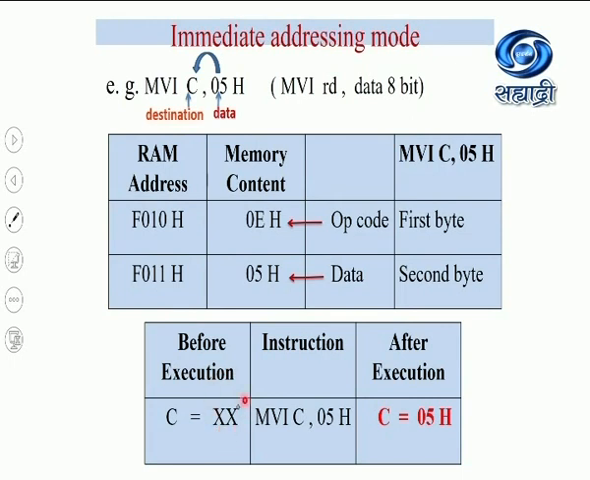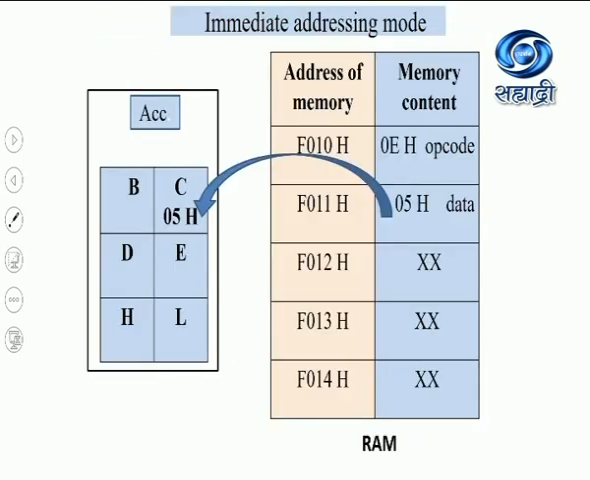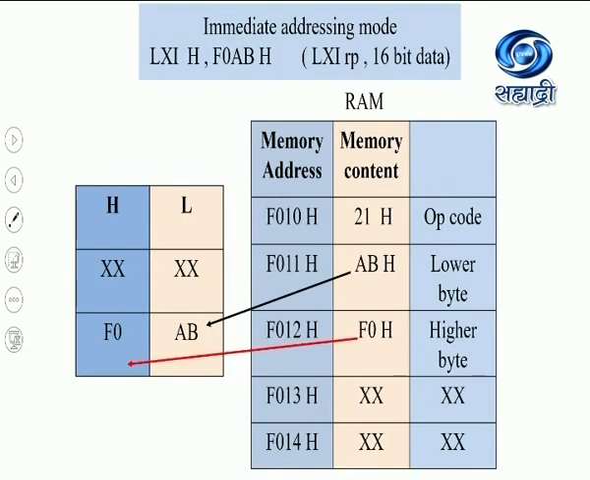Before execution, suppose register C contains some garbage data. When the microprocessor executes this instruction, data 05 is copied into C and register C becomes 05. So here you can see the data stored in the memory location gets copied into register C. Another example of immediate addressing mode,